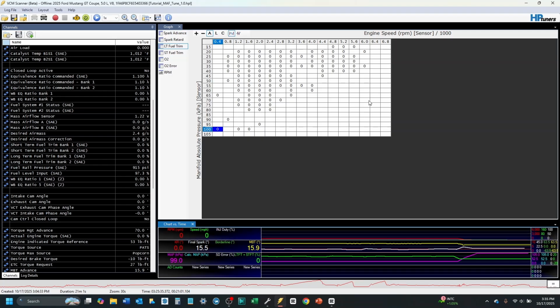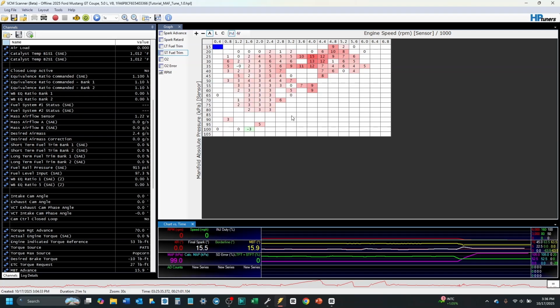And that is super important. If there's one thing I could advocate for, it's that this is science and engineering, right? It's black and white. You've got to establish chains of causation here. You do something in the software, you should see it in the log. So here's a great example of I turned off LTFTs and now I'm not seeing them. It proves out. When I go to my short terms,